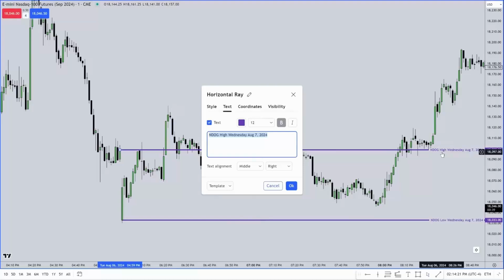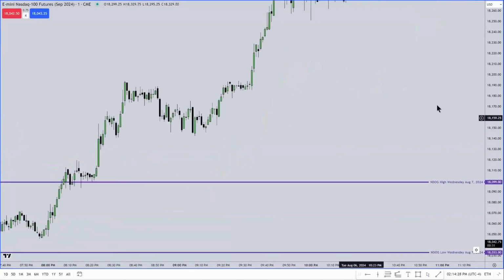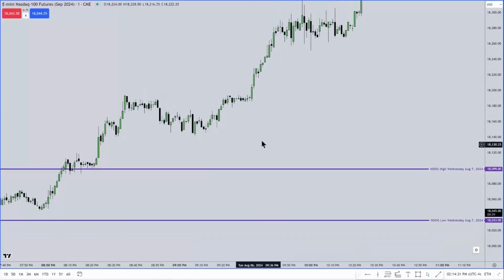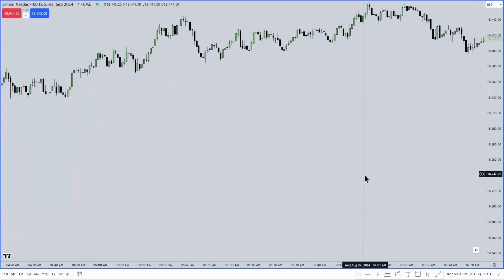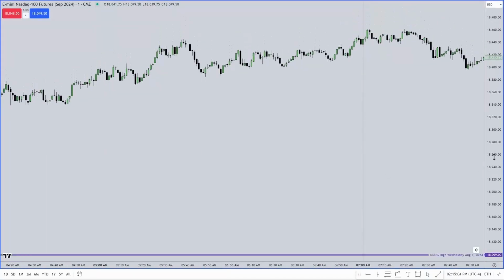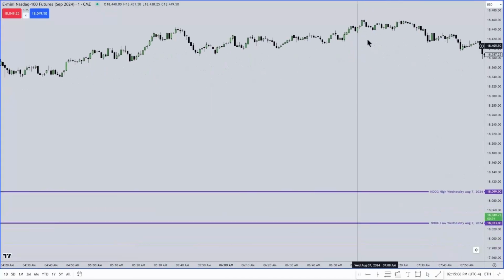Now, why is that? It's the new day opening gap high because at 7 o'clock in the morning on Wednesday, and yes, that gap forms technically on Tuesday evening, but it's really a gap or inefficiency that is attributed to and should be used as the basis of Wednesday's trading. At 7 a.m., if we scrub this down here, you can see that we are way above that new day opening gap. See that? And since this is the first level you would come to, that makes it what? The new day opening gap high.